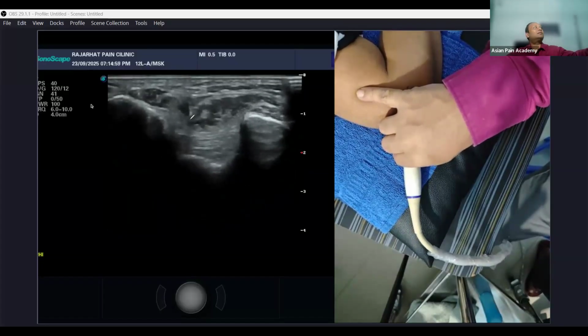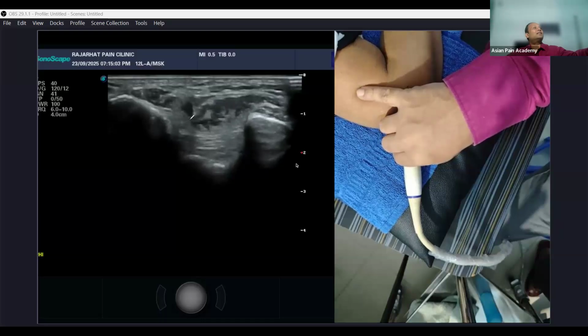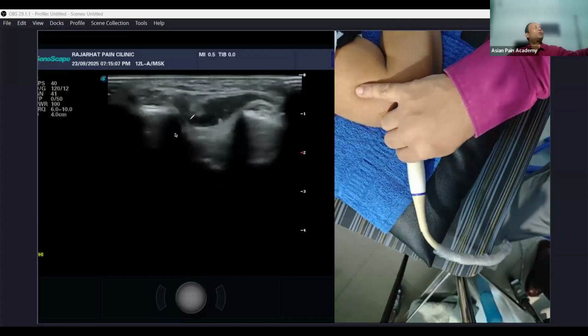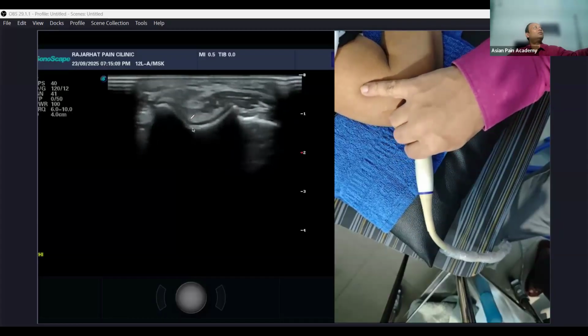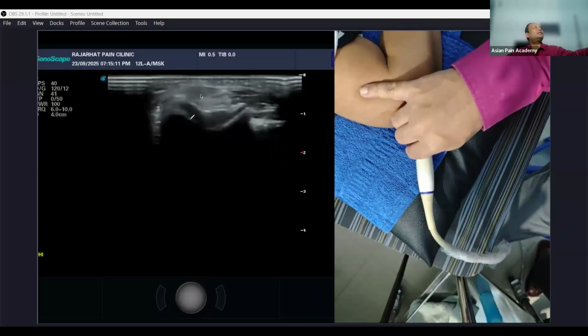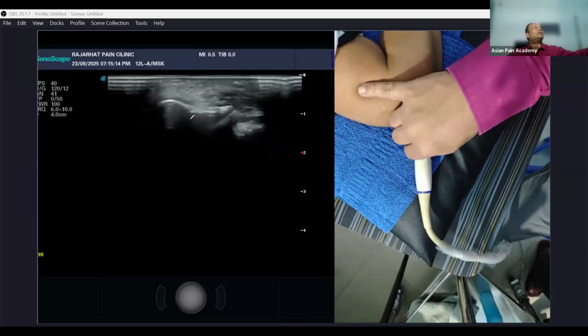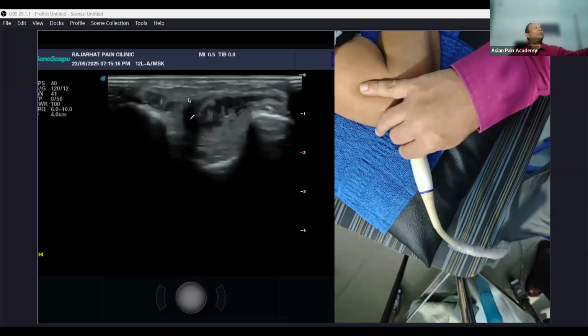Here, this left side is the medial side and the right side is the lateral side. So when I'm coming down like this, you will see that this is the tendon formation. This area is the tendon formation. If I go a bit up,